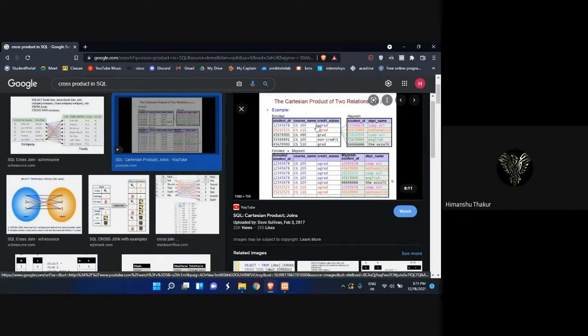This is the first record, and it is repeating the number of times the other table has rows. Whenever we use cross join, sorry, Cartesian product, the cross product, something like this we get as an output. It must be having many more rows afterwards, but let's just consider till here.